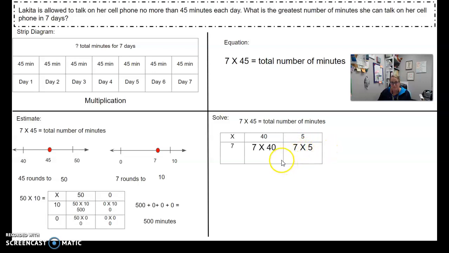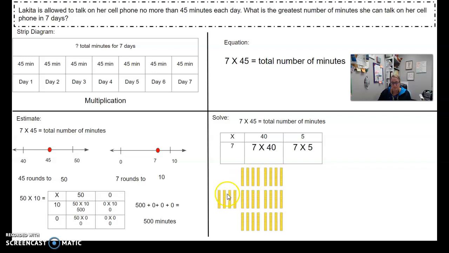Now, sometimes when I have to multiply, I have to still use my base 10 blocks because that's what helps me. If that's what helps you, then that's fine. So it says I have to have 7 groups of 40, so I'm going to actually model that. I have 7 groups of 40. Here's 1 group, 2 groups, 3 groups, 4 groups, 5 groups, 6 groups, 7 groups, and there's 40 in each one. Now, if I don't know what 7 times 40 is, now I have a picture to help me so